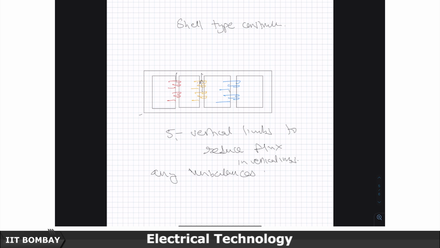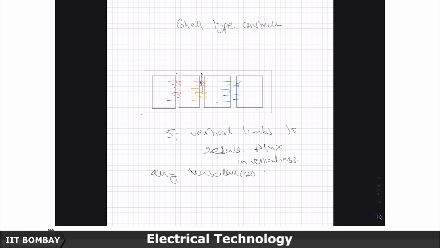The flux paths will still be in the designated iron limbs that you have created for them. So both core type and